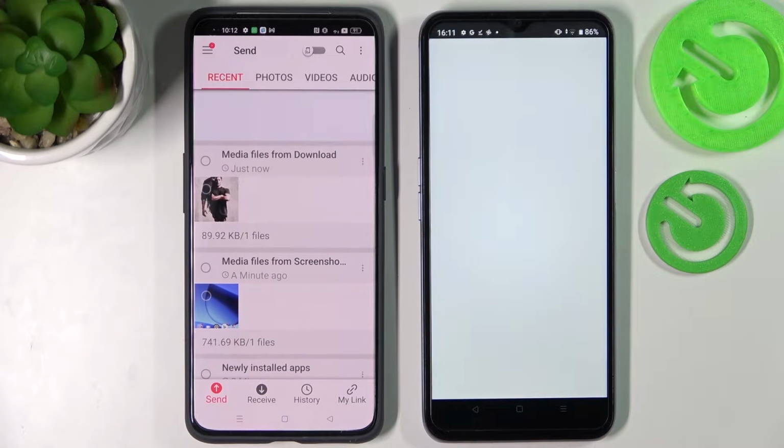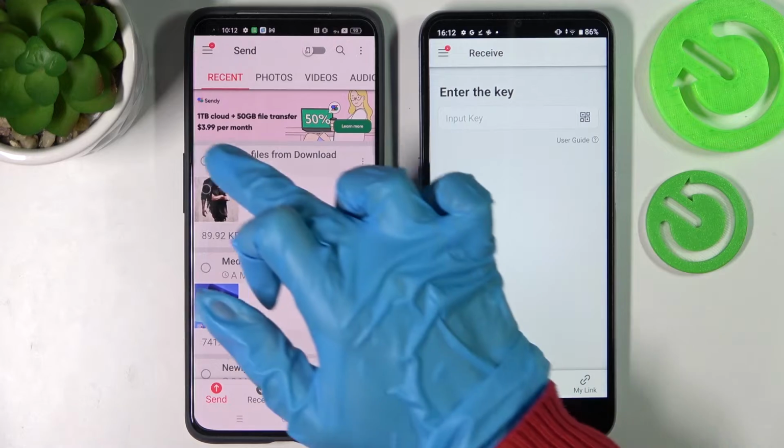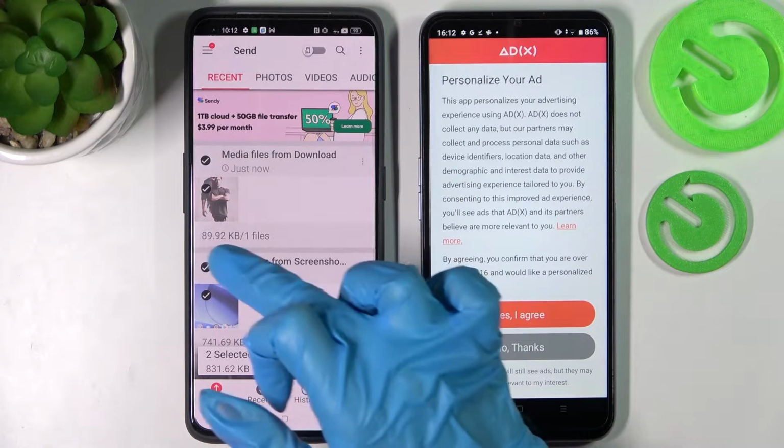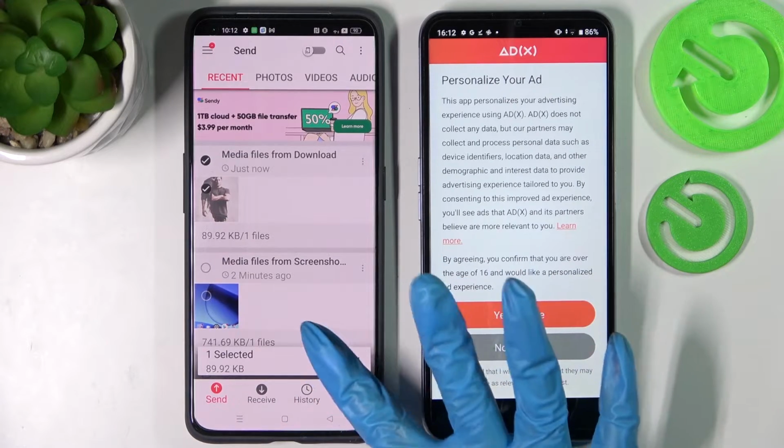And now, following that, you need to select Send on an Android and Receive on Realme. Then tap on all of those dots on an Android smartphone and choose Send. This way you'll select all of those and transfer them later on. It will take a while, so I will go with only one photo, just for example, choose Send and click